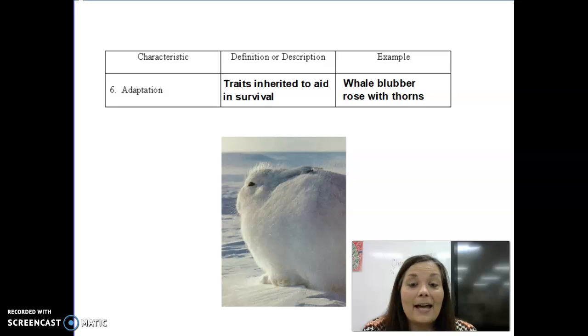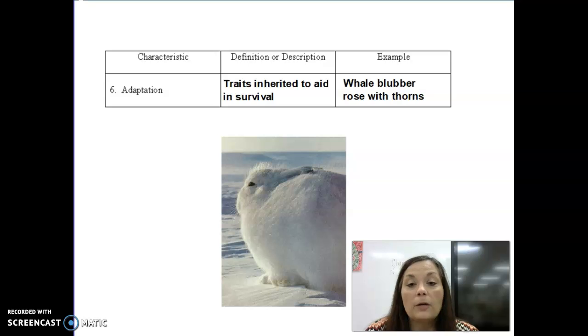Okay, 6 is an adaptation. This is anything that you have inherited that helps you with survival. Okay, so try not to think of people too much. Let's think of this rabbit, this snow hare here that I have up here for you. She has a bunch of adaptations. Obviously, she's camouflaged. She also has some thick white fur, and she also has thick blubber to protect her from